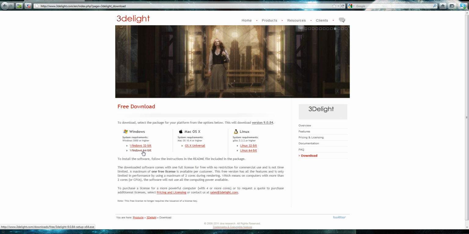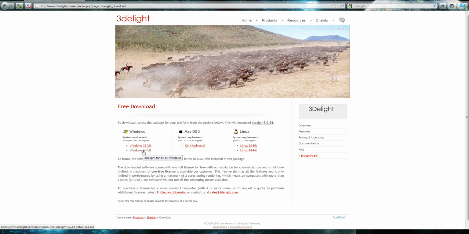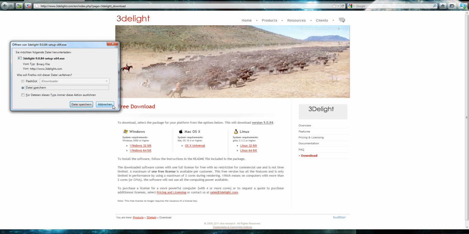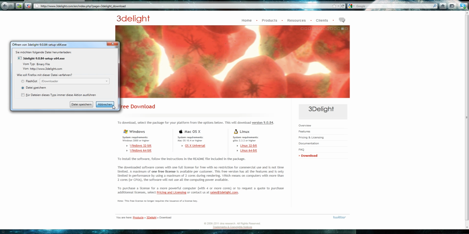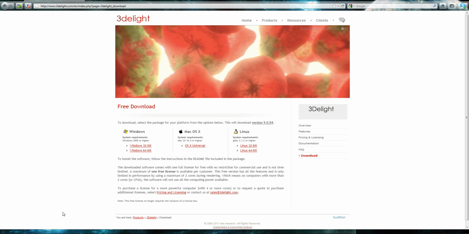So download the according version for your operating system. I have Windows 64-bit, so I will click here and download it. And then just follow the instructions of the installer to simply install it, which I have already done, of course, so I won't show you this now. I think you know how to install an application. And once that is done,